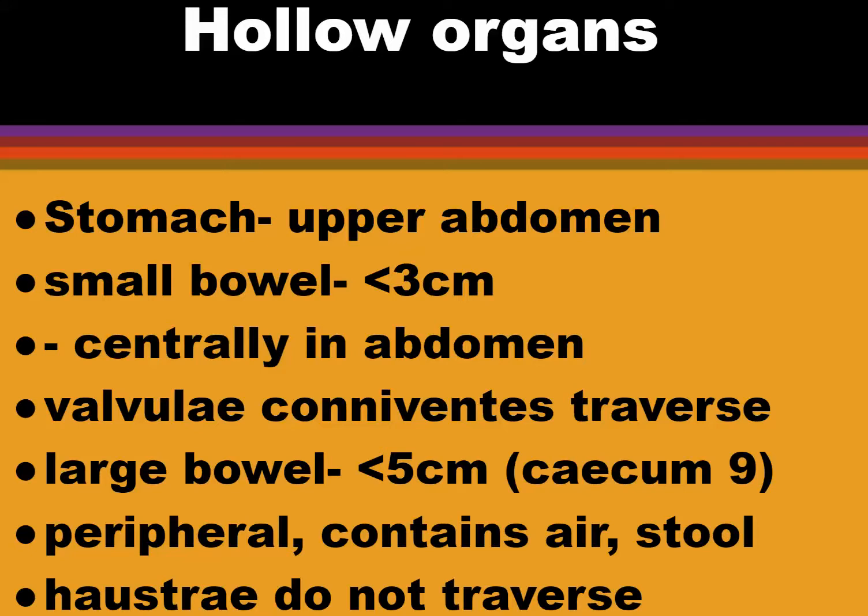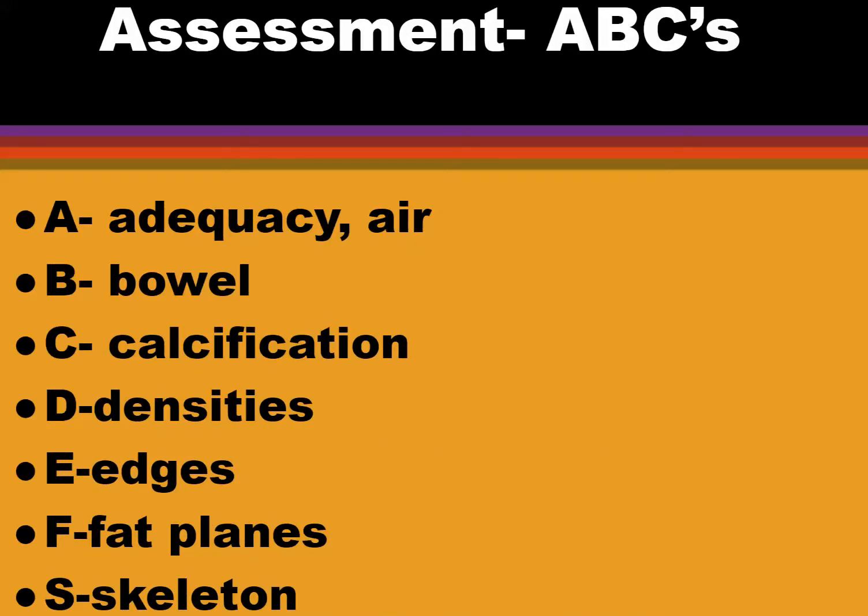Whereas the large bowel, which is around the periphery of the abdomen, contains haustra, which incompletely traverse the bowel. This distinction is important if you're going to differentiate small versus large bowel obstruction. So when you're presented with an abdominal X-ray, you can do the preliminary assessment,